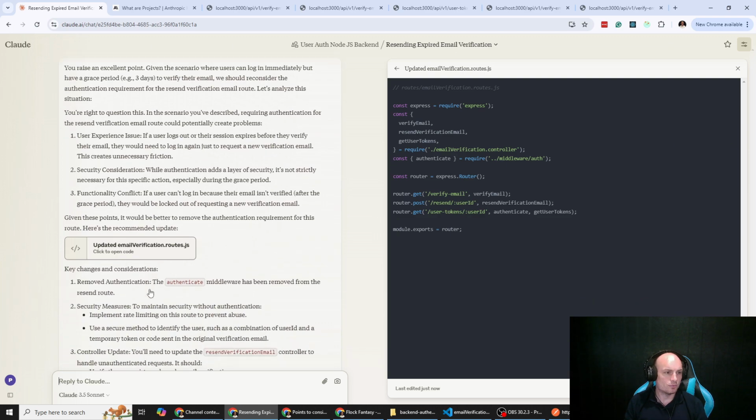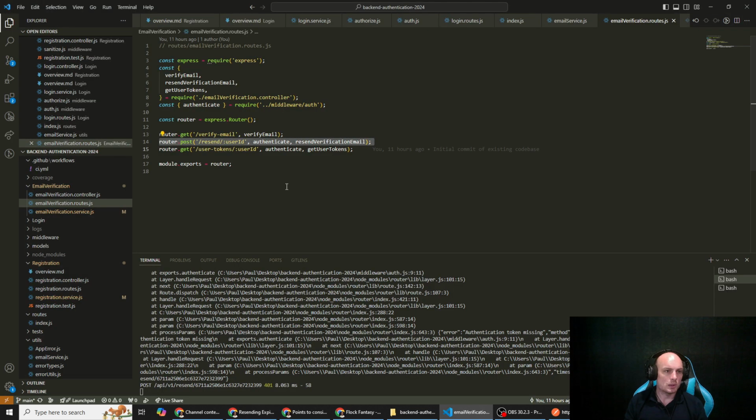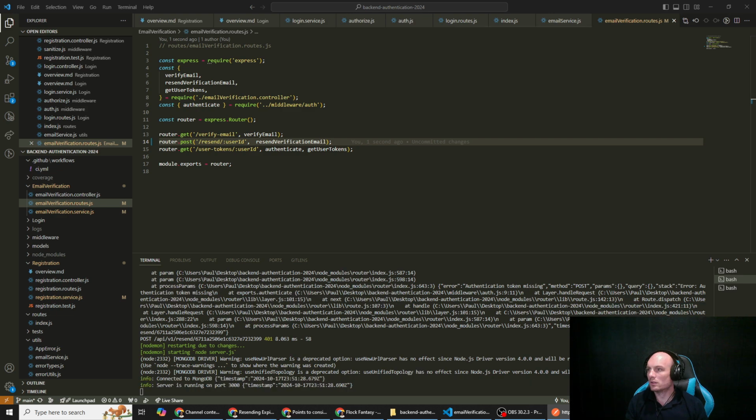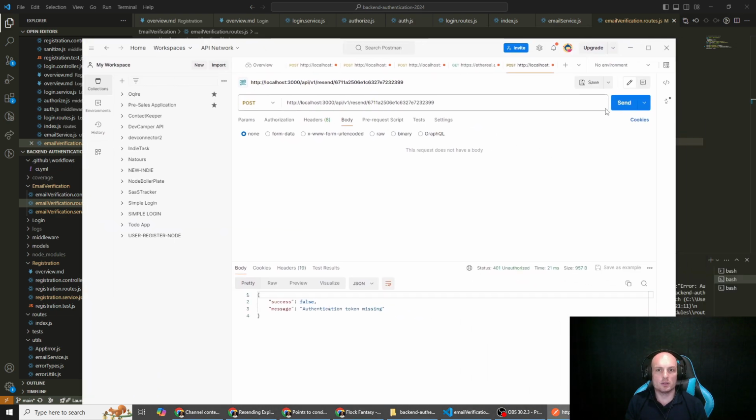Okay, so it does say to remove the authenticate part. So now that we've done that, if we hit this route,